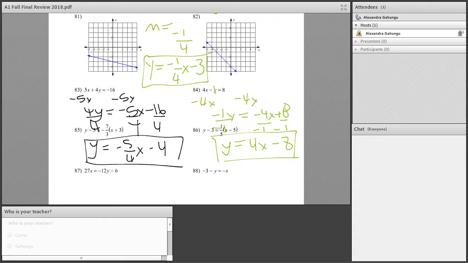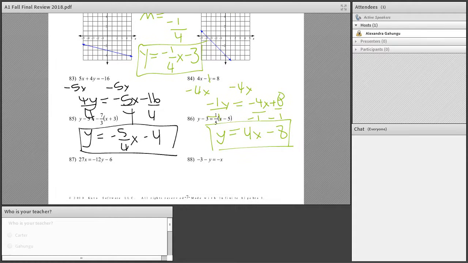So that helped you change the sign. So going to standard form is going to be important. Then the next section